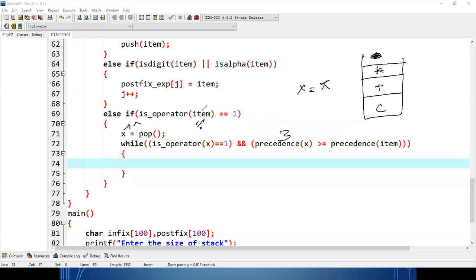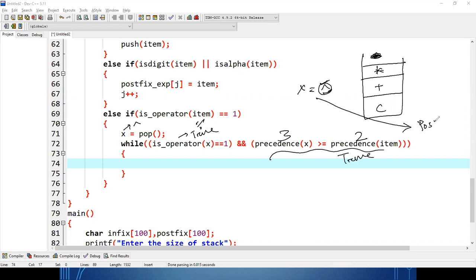Now it will compare with the priority of modulus. Priority of modulus is 2. So 3 greater than or equal to 2. So both the conditions are returning true.